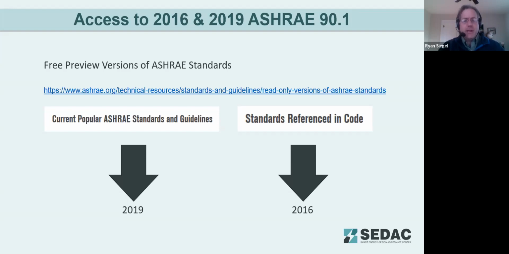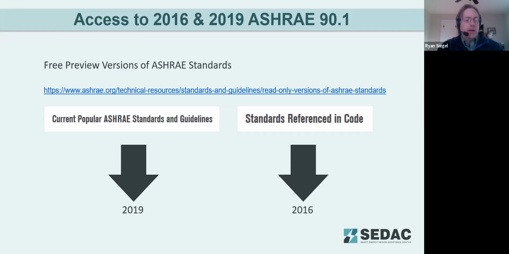And also understanding that the 2018 International Energy Conservation Code is the referenced code for the State of Illinois Energy Code, which references the 2016 ASHRAE 90.1 by reference. So we're actually going to be covering the 2019, which is the referenced version of the upcoming 2021 International Energy